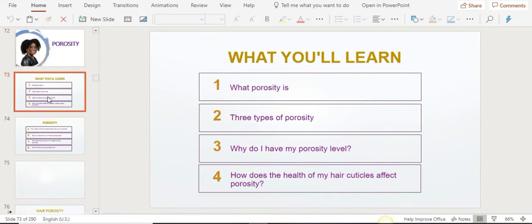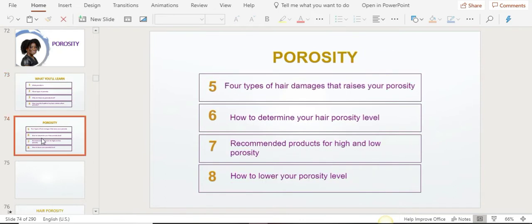So in this module, you are going to learn the following things. Number one, I'm going to briefly go over what porosity is, and then next I'm going to share the three types of porosity, and then next I'm going to go over why you have your porosity level and what it means for you really, and then next I'm going to go over the health of your cuticles. So remember, in Module 1 I talked about the fact that cuticles are so popular, so that's why I dedicated a whole module to just showing you what those cuticles look like and the role they play in your hair care routine. And then next I'm going to go over the four types of hair damage that can raise your